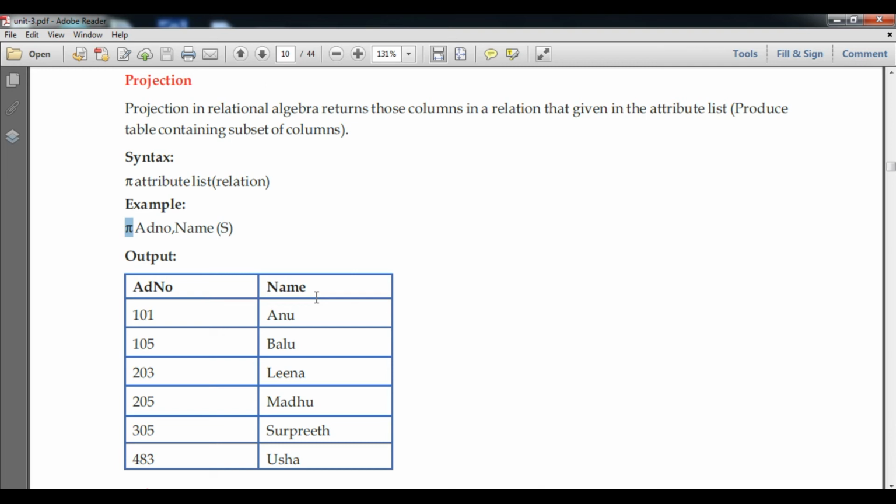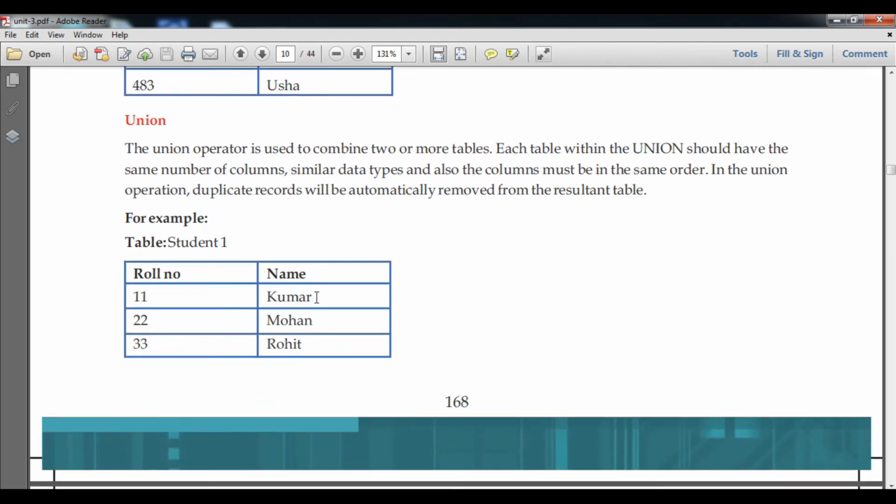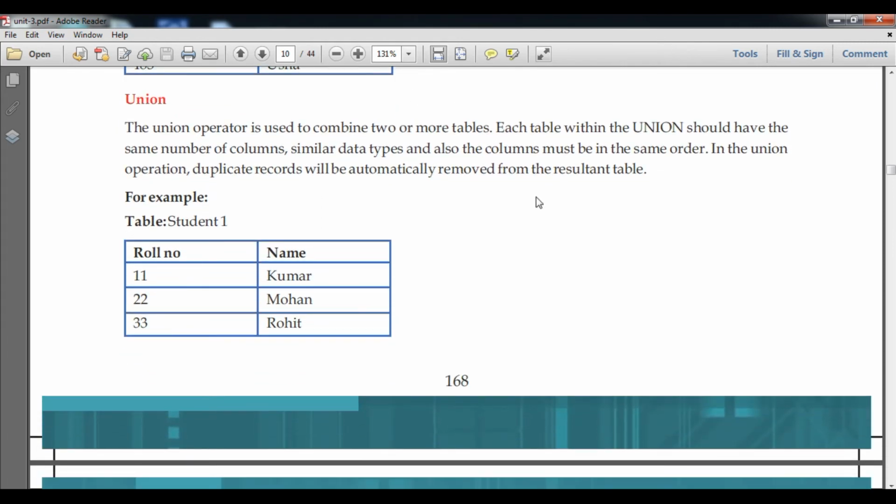Now we understand union. The union operation is used to combine two or more tables. As the name says, union helps you combine tables.